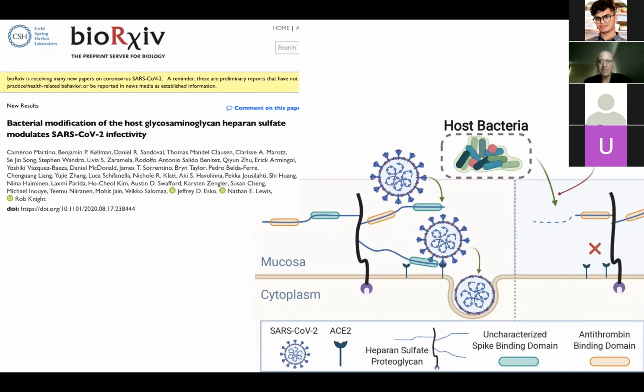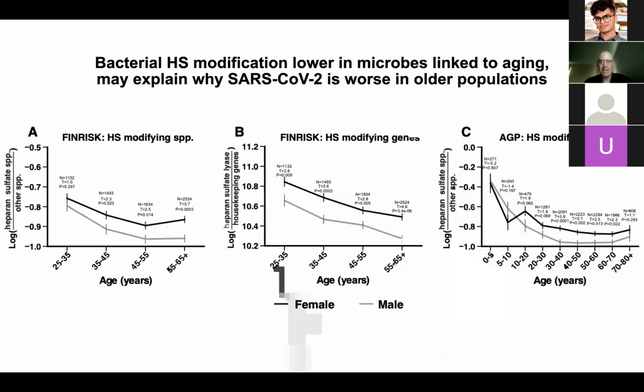And so what he was able to find was big changes in heparin sulfate metabolism, which is one of the surface receptors that the SARS-CoV-2 virus binds, that systematically change with age. And he was able to look at different populations, including FinRisk, which is a set of 7,500 people from Finland who provided a fecal sample for science back in 2002. And we have all their health records going forward. Also people in the American Gut Project, where you can see that the heparin sulfate modifying genes decrease substantially with increased age in these different populations.